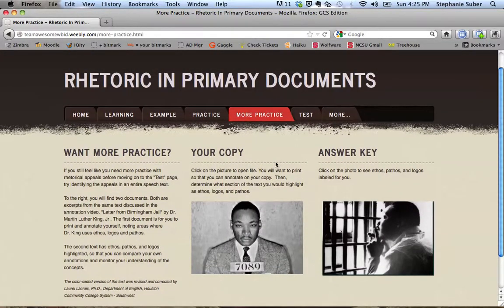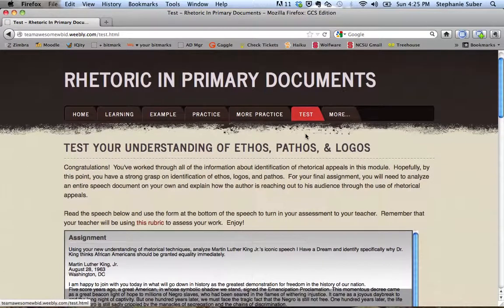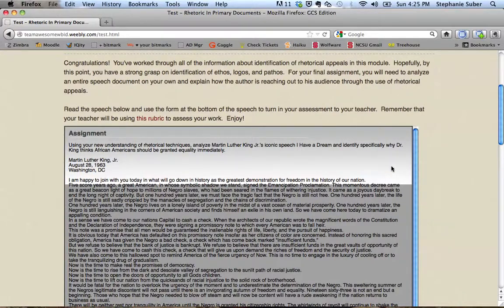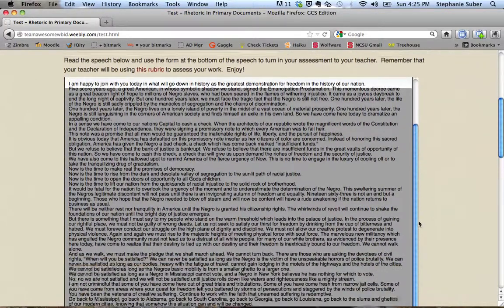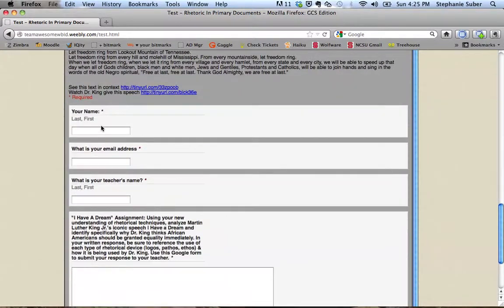Of course, the best way to find out if you've learned everything you were supposed to learn in this web module is to click on the Test page. That's where the assignment for your teacher is. So you can see that the assignment is right here, and you just read through this entire speech text until you get to the bottom, and then you'll fill out your name here and put in your email address